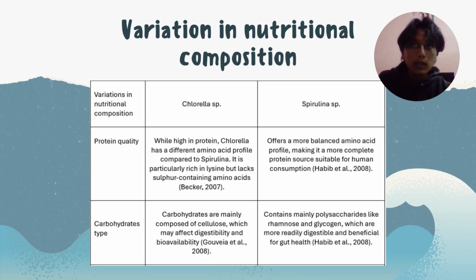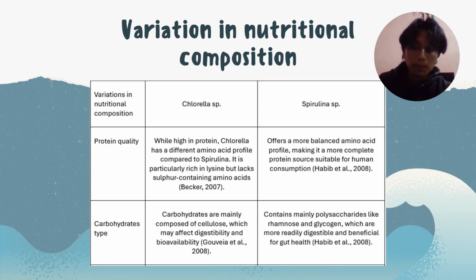So, I will compare the nutritional composition that varies between chlorella and spirulina. First of all, for the protein, both of these plankton have a very high protein content, but it differs in the protein quality. Chlorella is rich in lysine but lacks sulfur-containing amino acids compared to spirulina, which has a more balanced amino acid profile, making it a more complete protein source suitable for human consumption and to use